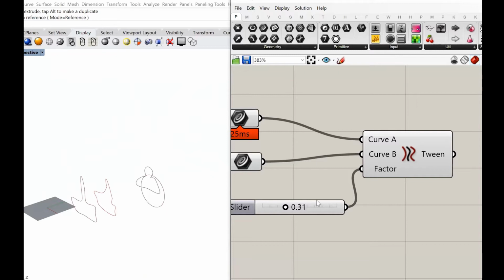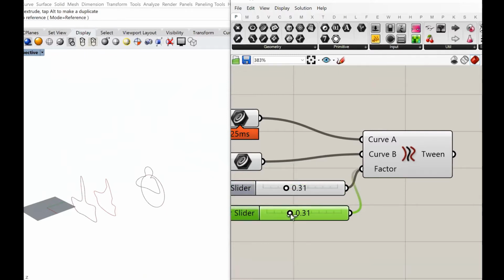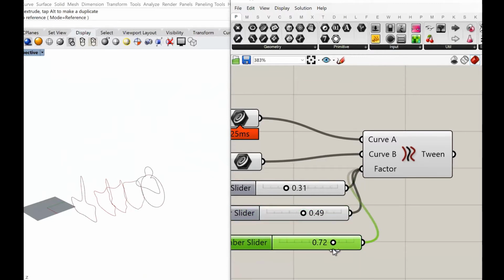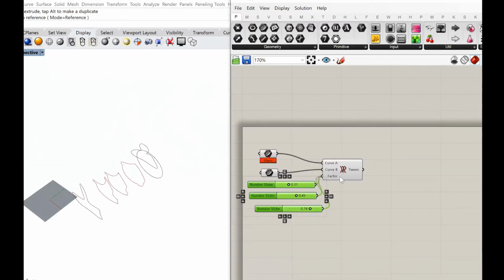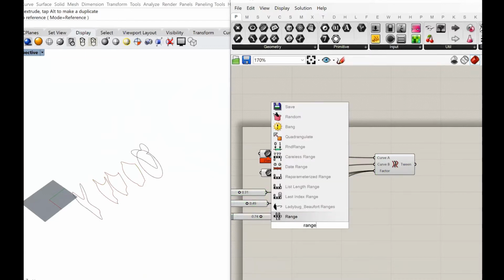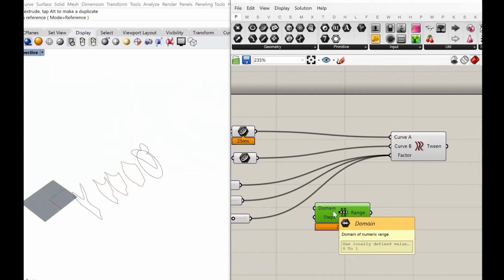Now, if I want more options, I can add more of these. So basically, what I want here is multiple numbers to be able to have multiple geometries. So instead of this, I can use a range, in which my domain can be 0 to 1 by default.